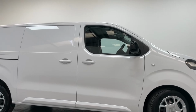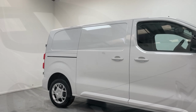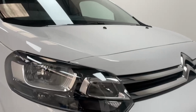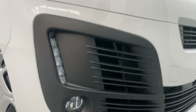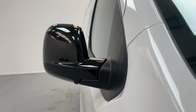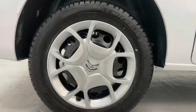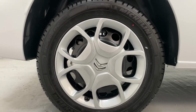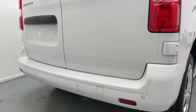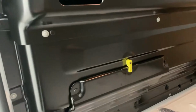This specific exemplar is painted in glacier white and comes in the driver's edition trim. Part of this trim level are the color-coded bumpers with integrated LED daytime running lights and fog lights, gloss black power fold mirrors, new design 10-spoke wheel trims, rear parking sensors with a flush-mounted rear view camera, and a load-through hatch in the